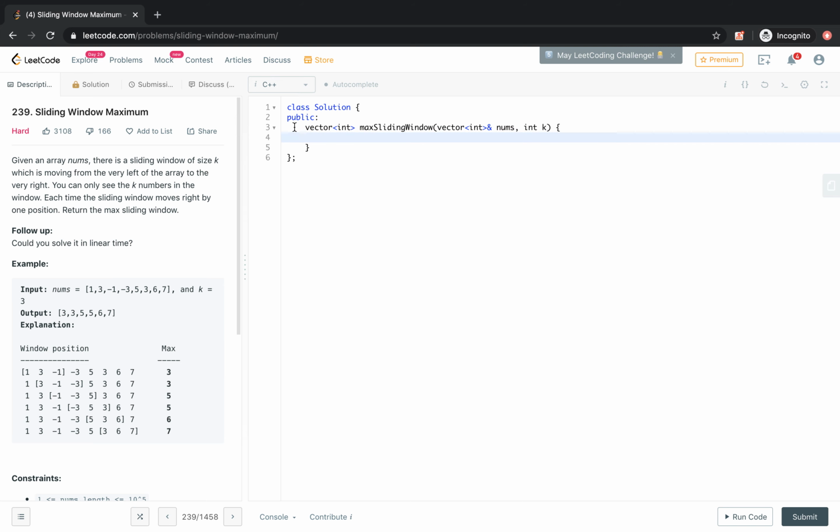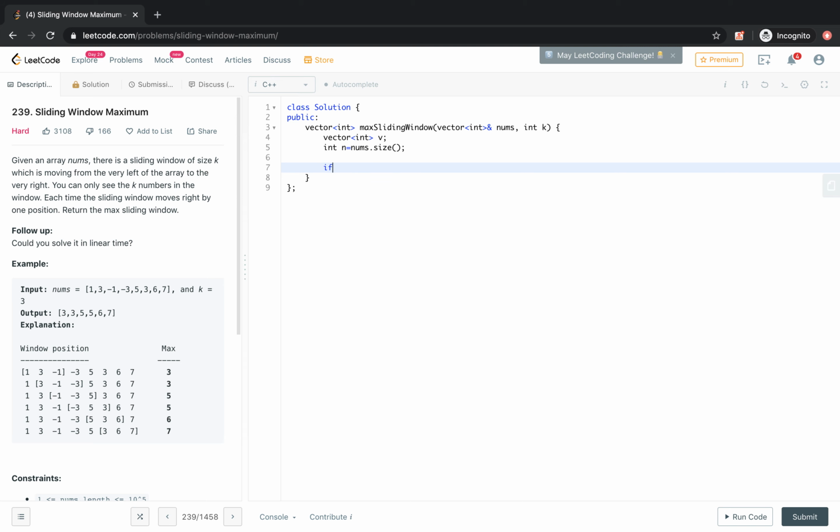We have to return a vector, so we will take a vector of int. We will get the size of the given array nums. We can write some boundary cases.